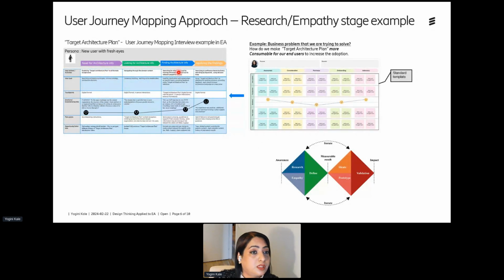So if you look here in the architecture context, we started with the very first stage in the user journey as need for architecture info, then looking for architecture info, finding architecture info, and applying the findings. The most important aspect here is being able to read the emotions or the experience of your users during each stage of this user journey. This template is very much about documenting your user interviews, the research that you have performed,